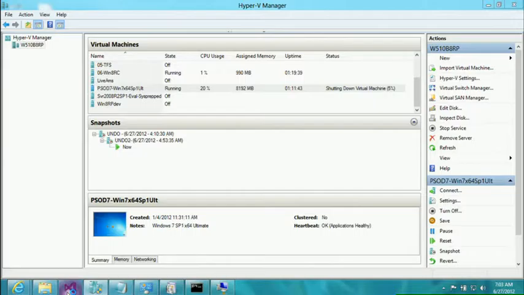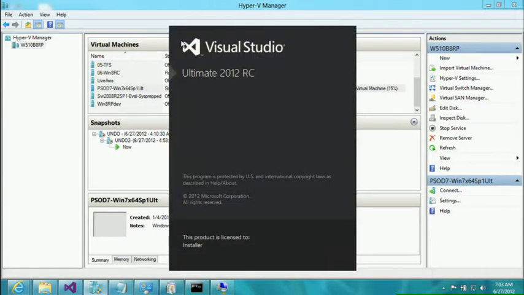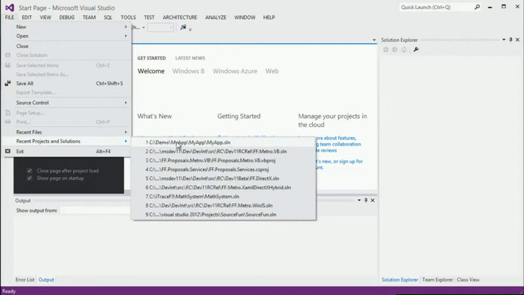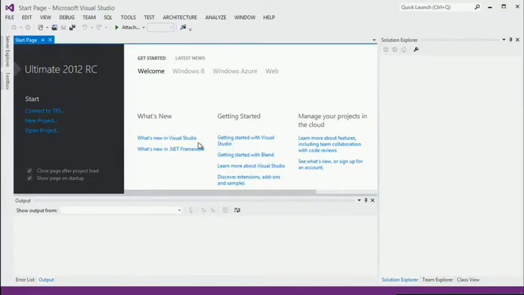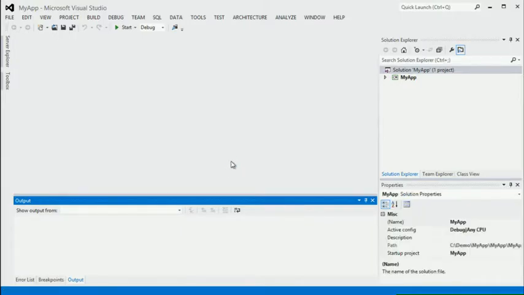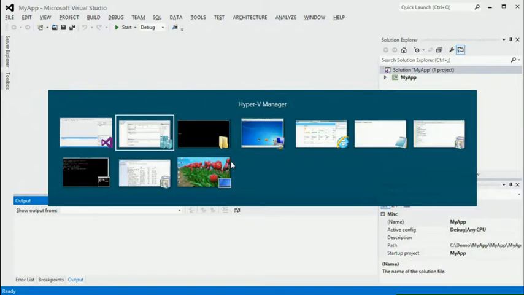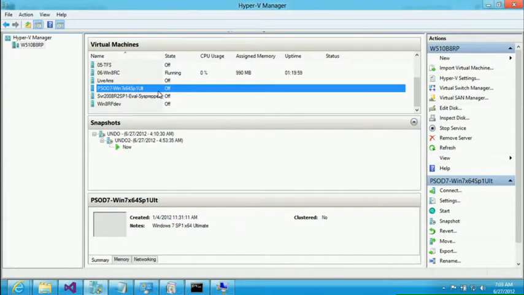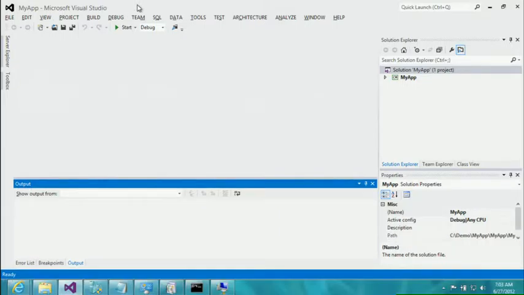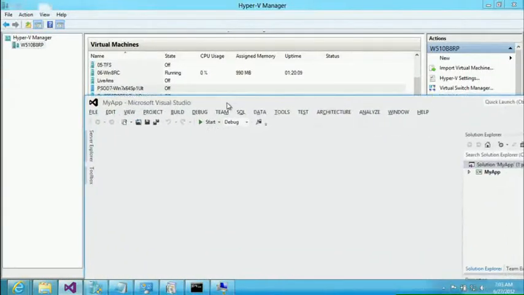Okay, and you go to Visual Studio. And I'm getting the red light of death, so they're going to yell at me and get cranky. But we've got a break. And we come over here and open up a piece of code. The code is irrelevant. It's a WPF with a giant button. Wouldn't it be great if I could deploy it into my VM so I could test it in that environment where I've got a bunch of configurations set up already? Wouldn't it be great if I could just do it through building? So how about this? I'm going to bring Visual Studio down here, watch the VM,